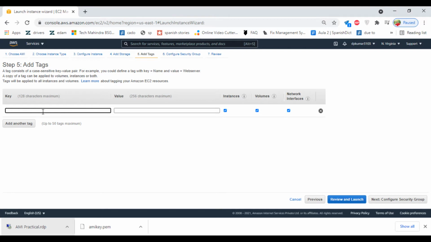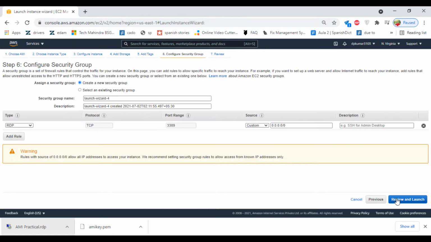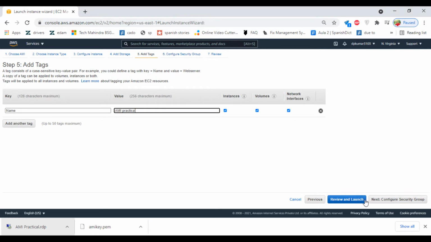So we will add a tag. Configure security group. Create a new security group, or you can select an existing one. I am going to select a new security group. So what have I selected here?